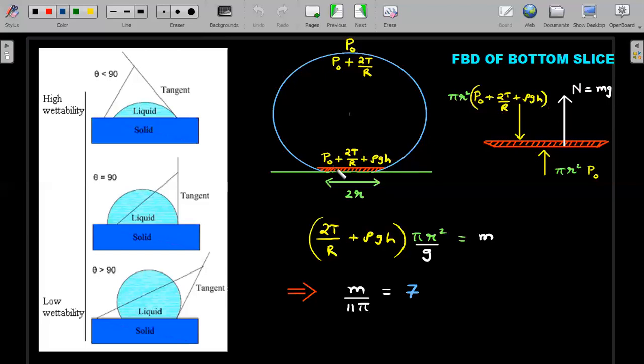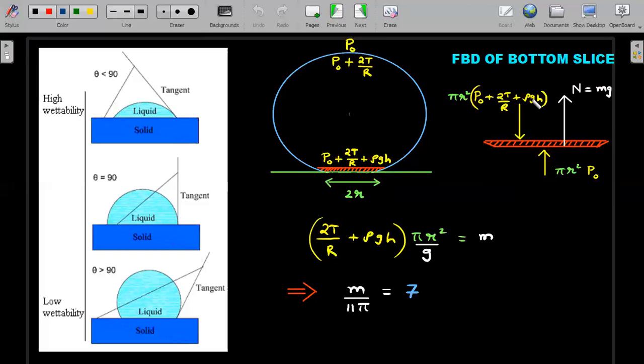And what is the pressure force that would be acting on the top of the slice? It would be the pressure multiplied by area. And from the bottom, you should realize that the atmospheric pressure multiplied by pi r square. And in this problem, P naught is given actually tending to 0, but it's not required. You could see that the value of P naught also gets cancelled in your subtraction.